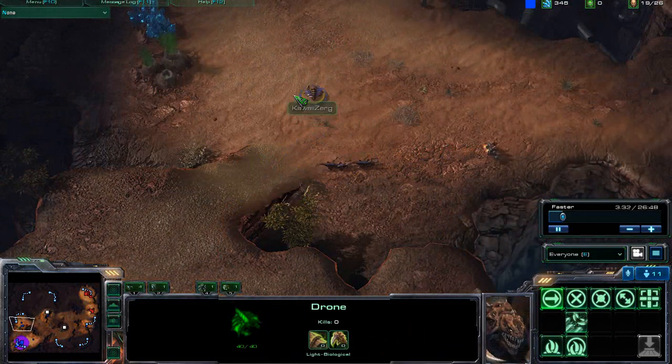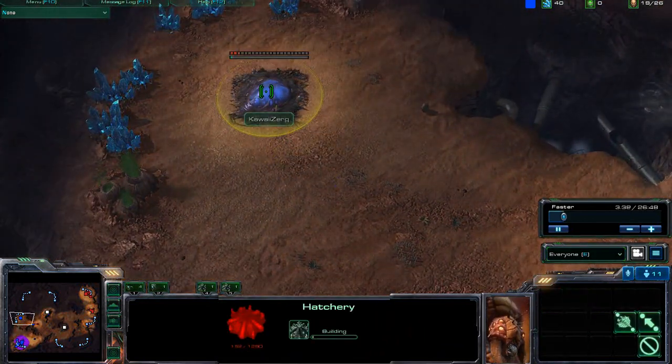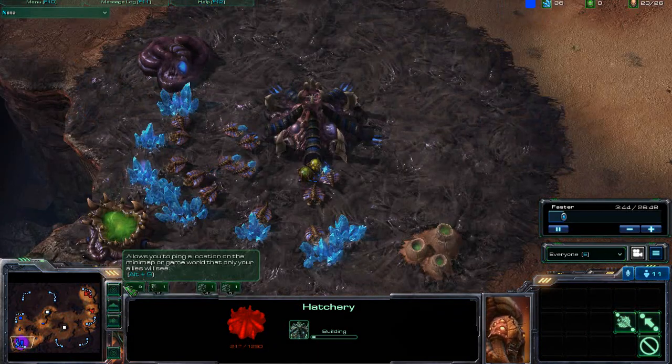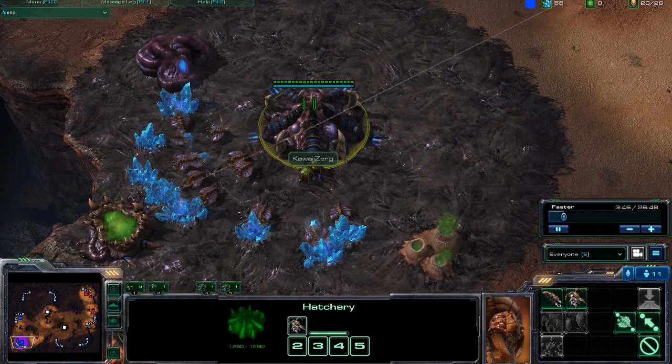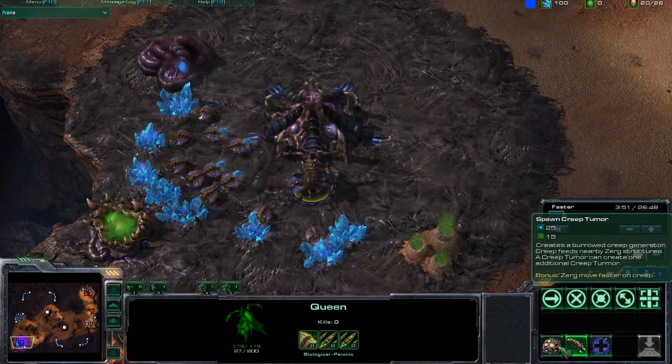Does this drone build a hatchery? Oh my goodness. Okay, I did not know that KawaiiZerg in fact did build a hatchery, so that would explain why things didn't work out for me as well as I thought in the early game. KawaiiZerg now getting that queen popping out in just a moment. There it is, gonna quickly inject larva